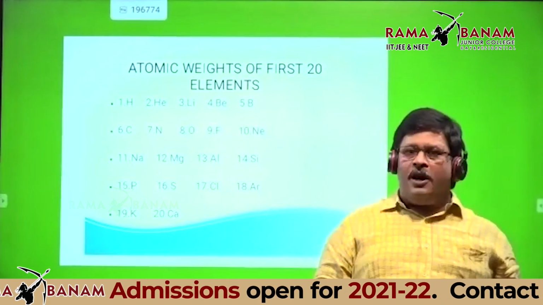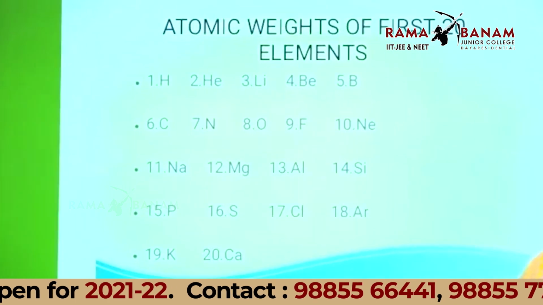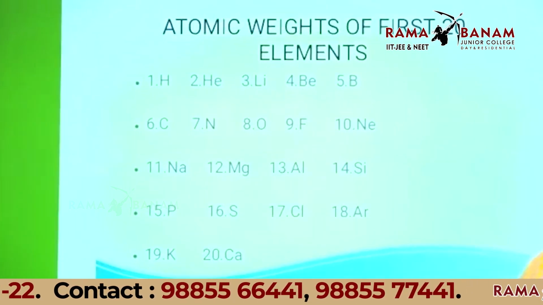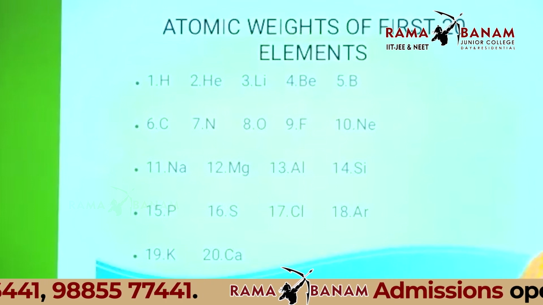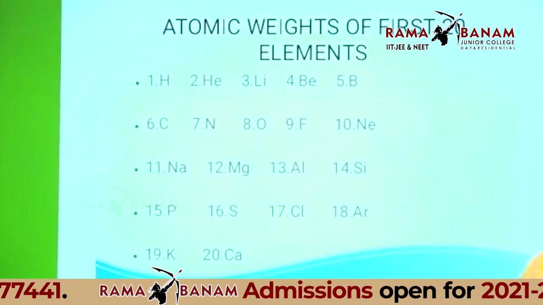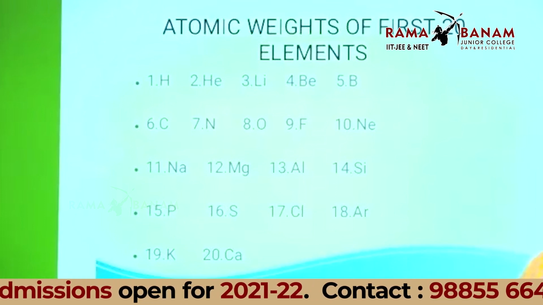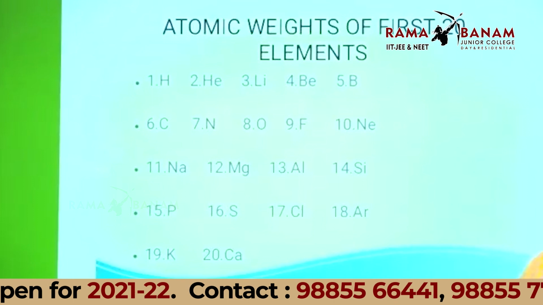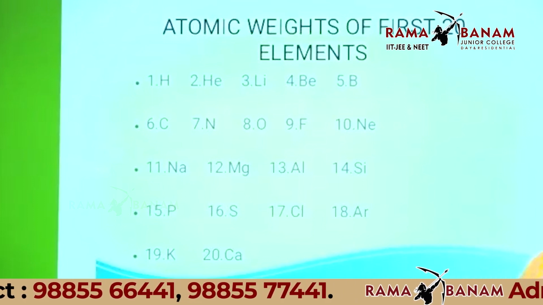Your physics class starts at 9:45, students. So you write this board and try to complete this homework by tomorrow. Tomorrow we'll discuss how to calculate the molar masses of different compounds. For that also, this crisscross method is very important. So you all practice all cations and anions, then it will be easy for tomorrow's class.